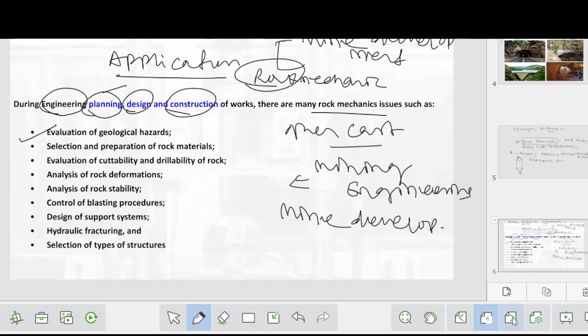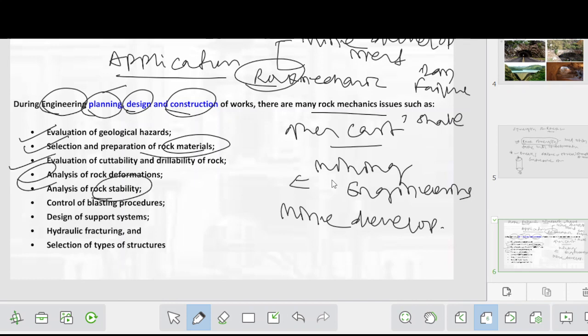Suppose a dam failure has happened somewhere. Understand the lithology of that dam. Suppose the dam is not on shale, right? So these should be understood properly by the geologist or the civil engineer. Be it selection and preparation of the rock material, evaluation, analysis of rock deformation, and analysis of rock stability. Slope failure I just told you about, so understanding the slope stability,